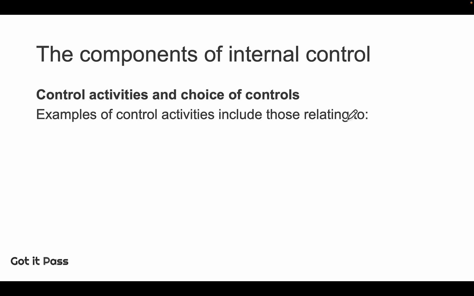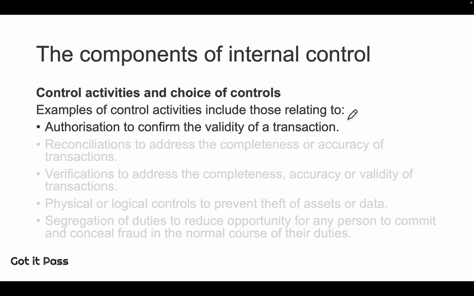So examples of control activities include, first, authorization. Authorization means it's a confirmation of the validity of transactions. Without authorization, the transactions cannot be completed. So a manager signing off an employee's timesheet is a confirmation of the hours stated by the employee on the timesheet. And it helps to ensure the employee is not claiming for hours not worked. So there's authorization for the manager to do it.